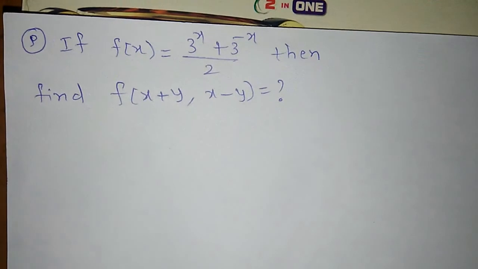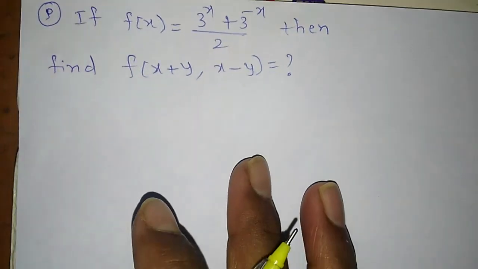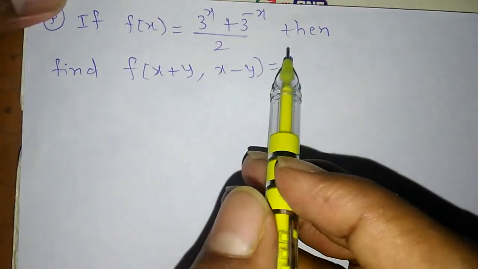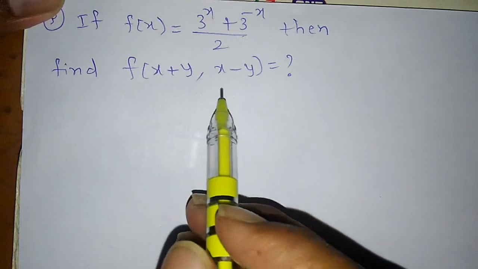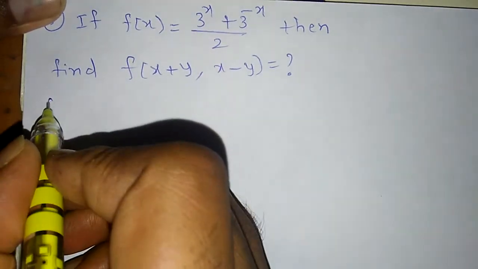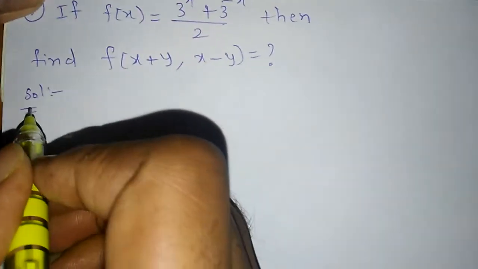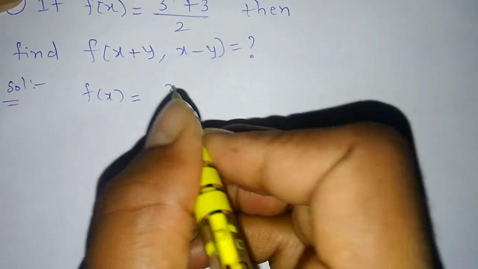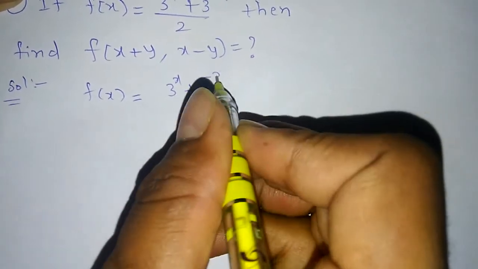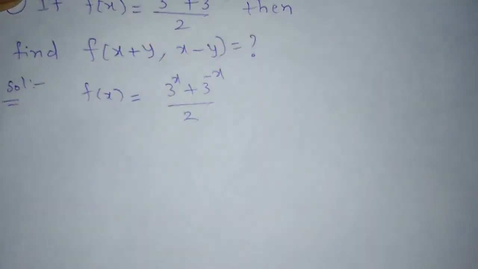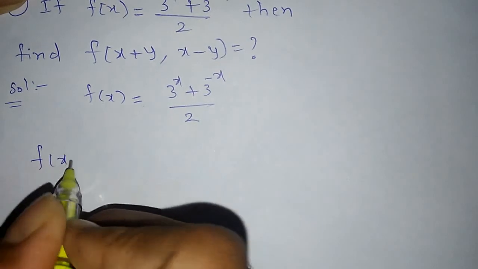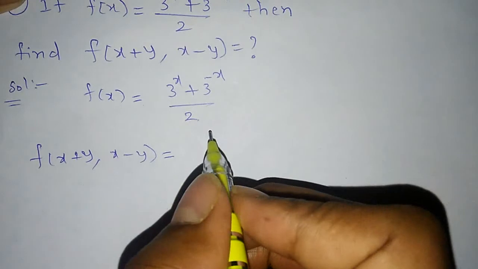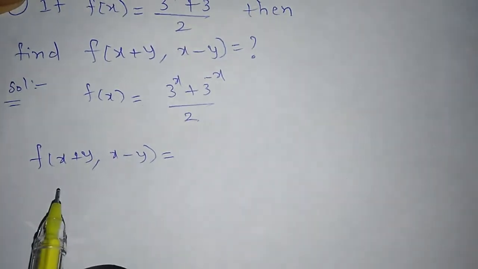So our next problem is if f of x is equal to 3 power x plus 3 power minus x by 2, then find f of x plus y comma x minus y. So f of x is given as 3 power x plus 3 power minus x by 2. Now f of x plus y comma x minus y is equal to,